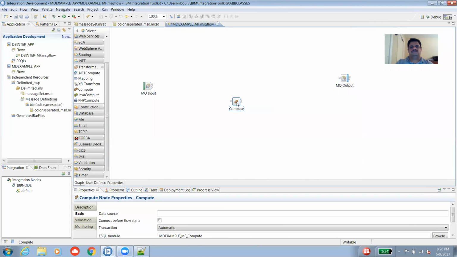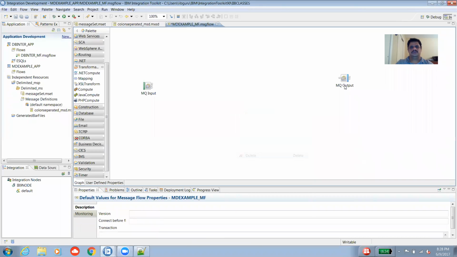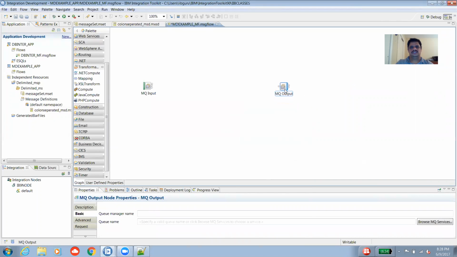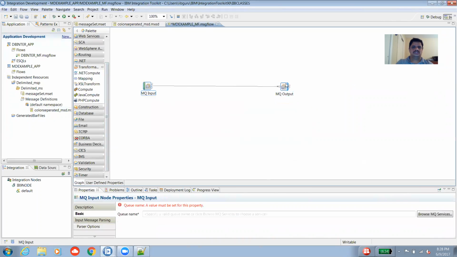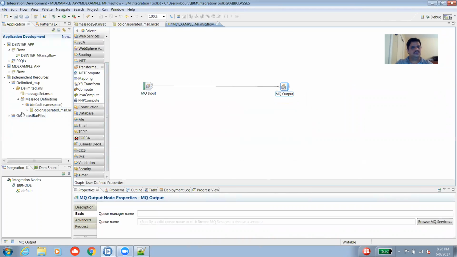But okay, let me remove this compute node. We don't need it in this case. We're not going to do any transformation. So let's connect the out of MQ input to the in of MQ output, and then